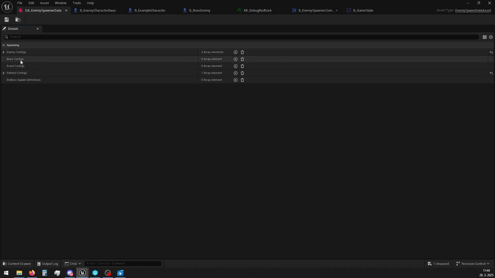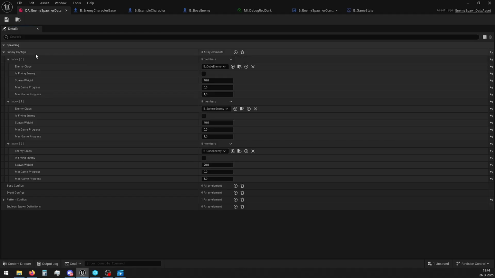So here we got enemy configs, box configs, event configs, pattern configs, or endless spawn definitions. If we open the enemy configs, I got some example ones already set up. Okay, so enemy class, this is basically the class you want to spawn. Is flying enemy. If you tick this box, then the system will recognize that this one is a flying enemy, which means that when the system spawns this enemy class, it will give it some offset in Z direction, so it's above the